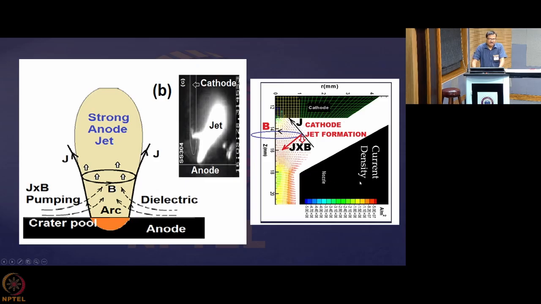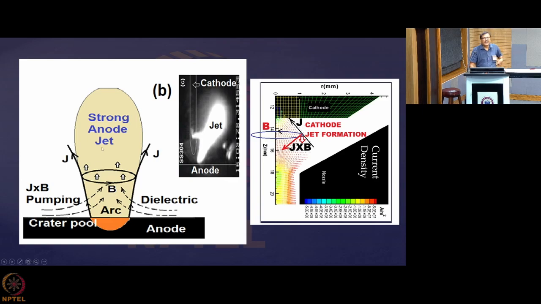Now you see how this happens near the cathode. You can see our typical configuration. This is the cathode zone, this is the anode zone, and both of them are intensely water cooled. And this is the zone from where the electrons are getting emitted. And you have seen in our simulation that the current density vectors go like this. So here you are seeing that the J cross B force has a net downward force, and similarly at the bottom there will be an upward force. So the J cross B configuration at the cathode will put a net downward thrust. That will cause the plasma to move outward from the cathode in the form of a jet. So that is called the cathode jet.